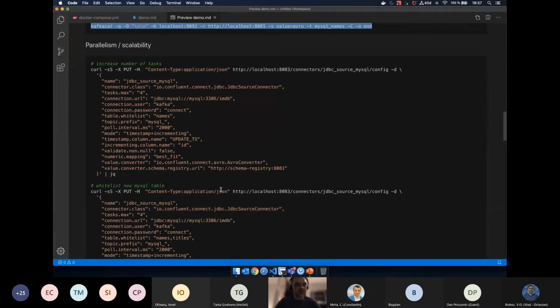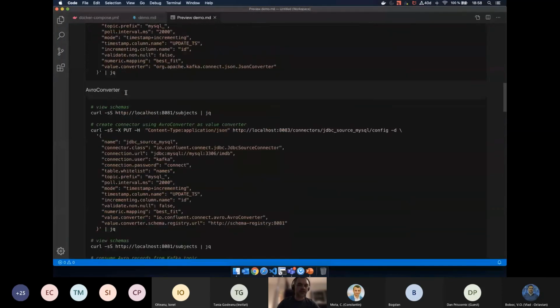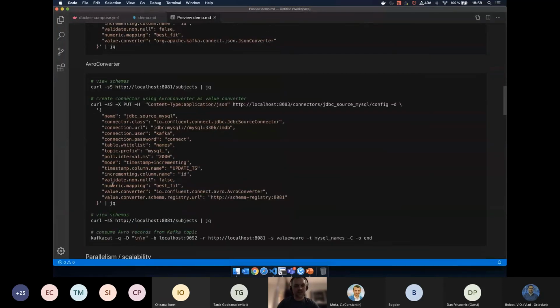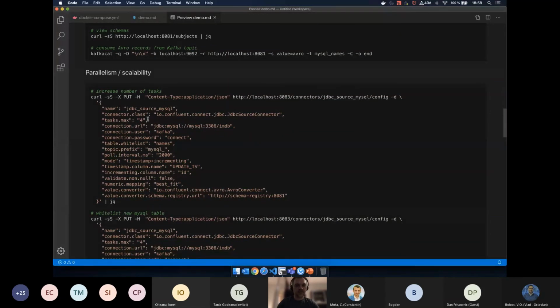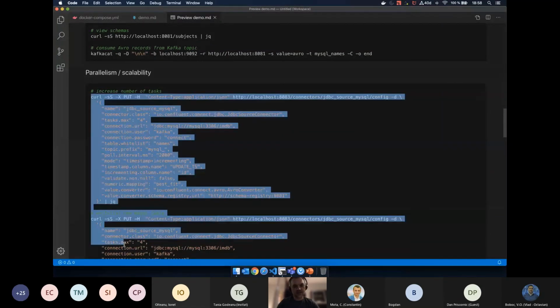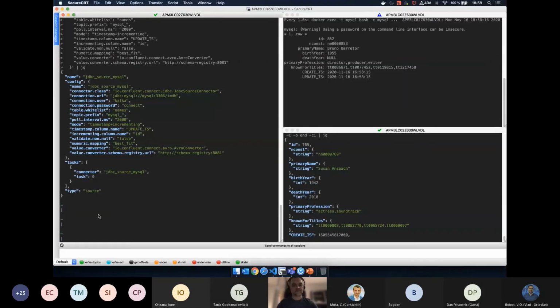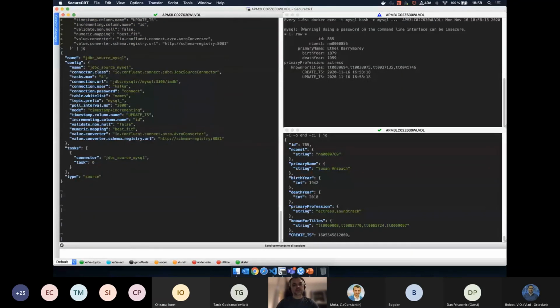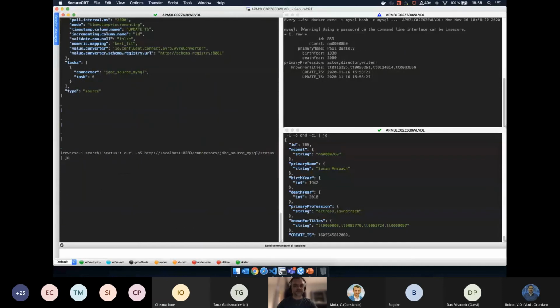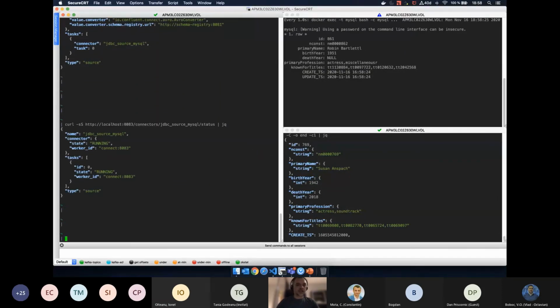Let's see the parallelism and scalability part. You can control the number of tasks using the tasks.max parameter, and by default this is 1. In earlier configs I did not specify it, but here I am specifically setting it to 4.